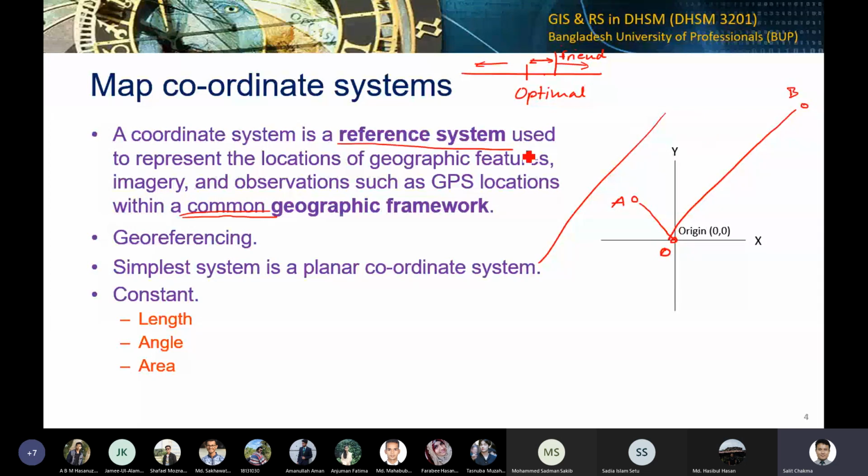So that means Google Maps has a framework, or it is following a general framework to make sense of the locations, or make sense of the reference systems. And what are these frameworks? These frameworks are the coordinate systems. Someone at some point said that, all right, to represent the locations, we will take this much gap between this place and this place, and this much gap between this place and this place, and so on and so on. So he developed one coordinate system, for example.